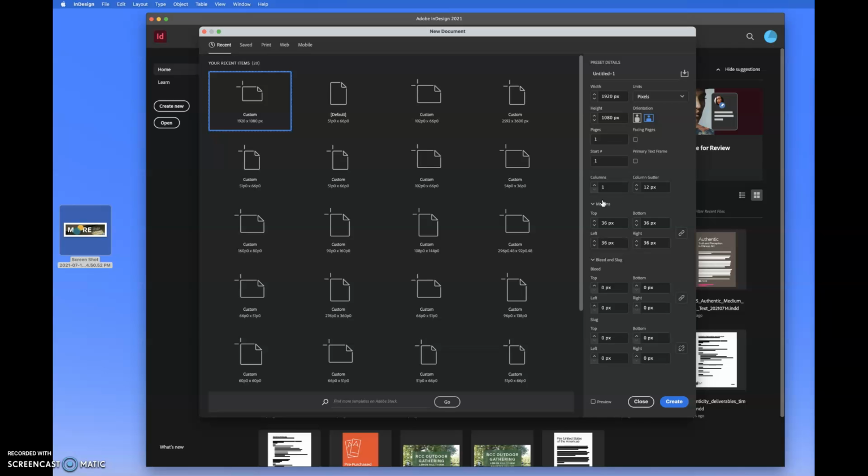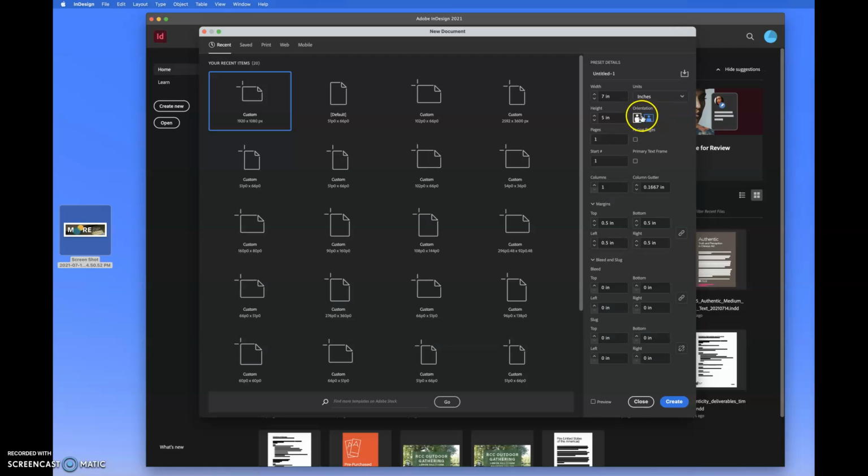So for an invitation, you might be working on a 5x7. So what I did is say inches right here under the units, and then I chose 5x7 as my width and height. Or maybe I want it to be a horizontal in landscape mode, like a postcard, so I can